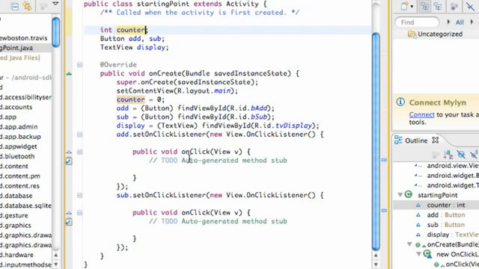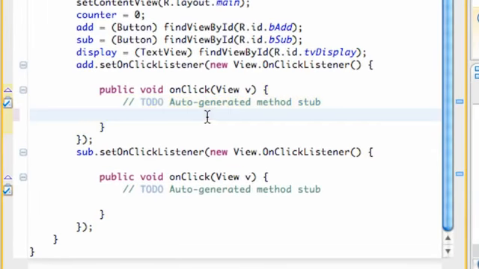So let's set up whatever is within our onClick for our add button. We're going to do that within this onClick method, again, these two brackets. When our application starts, our counter starts at 0. So when the add button is clicked, we want to add 1 to this counter variable. So we're going to say counter, and we're going to set this equal to,